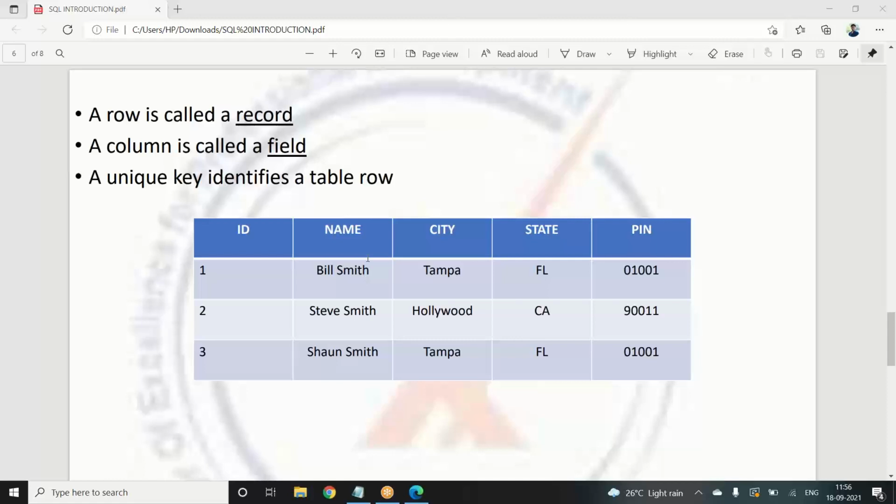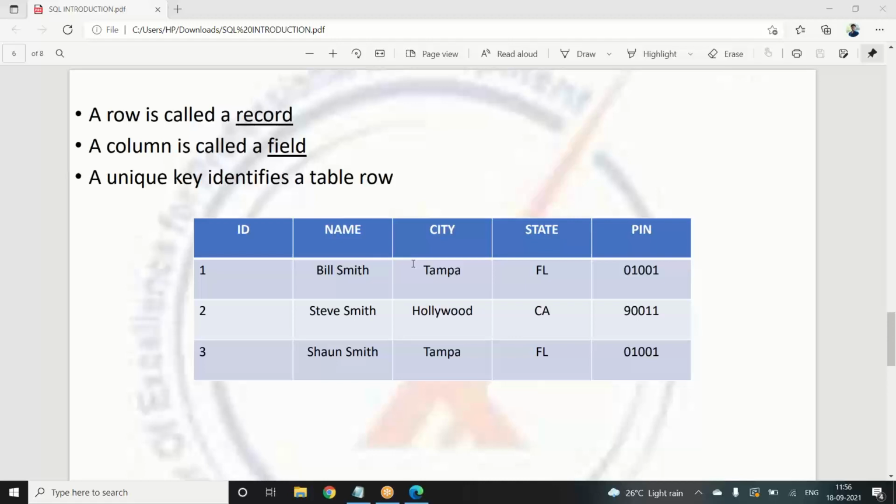Now if there is anything repeating more than once, so we have anything repeating in the column, we cannot consider that as a unique one. So which one do we consider as unique? The one in which we do not have any kind of repetitions. There are no repetitions, like an ID.